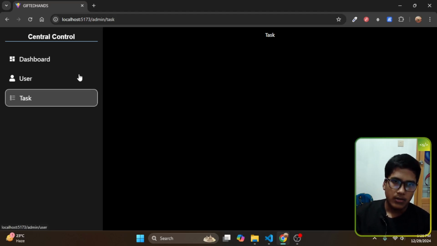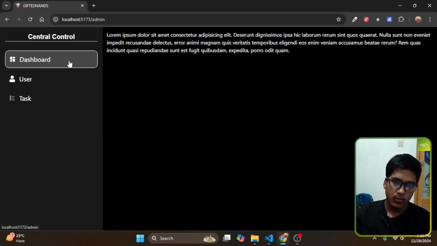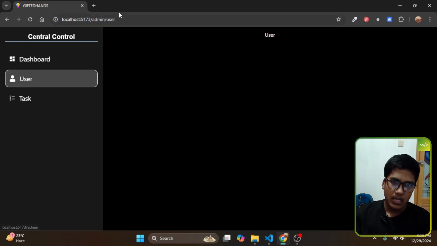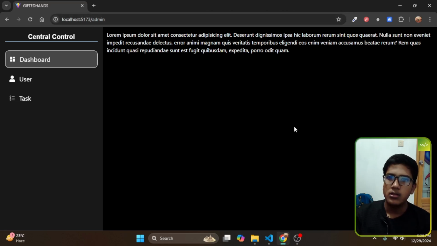So here you can see we have a sidebar and there are items. If I click user, I am on the user page. If I click on the dashboard, I am on the dashboard page. So there are some routes, and that is the index route. Now let's start with the